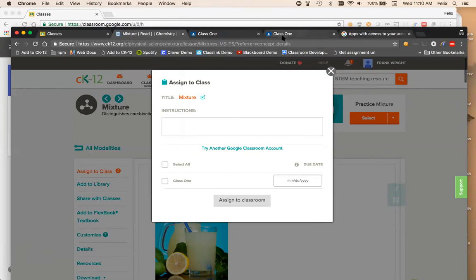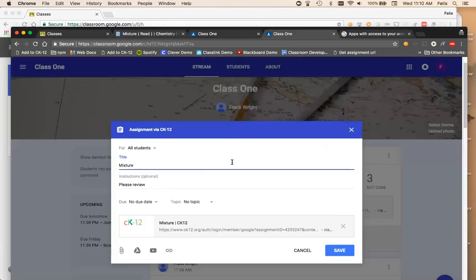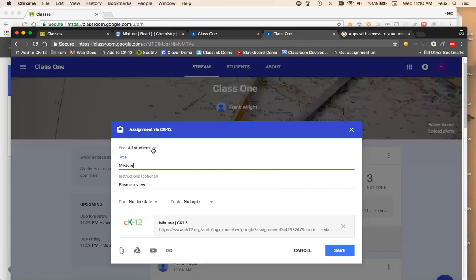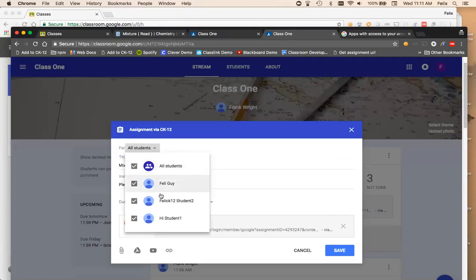So I'll go back to this guy. That was the assignment we created. Here I was showing how to edit. So this assignment was added to Google Classroom. I'm going to edit this here, and then this drop down here allows you to select a specific student to